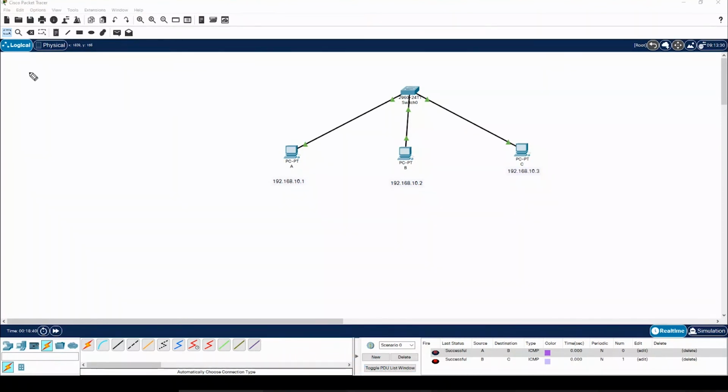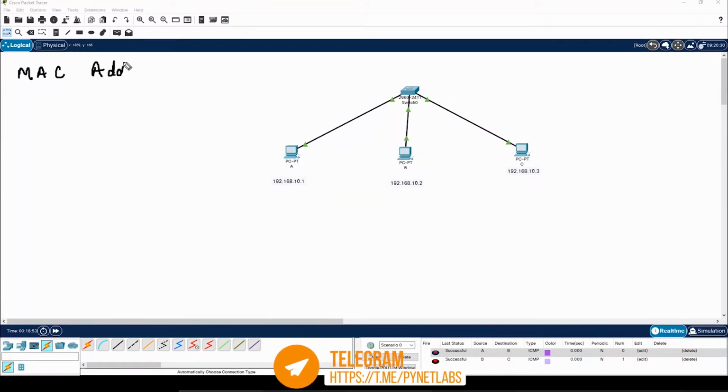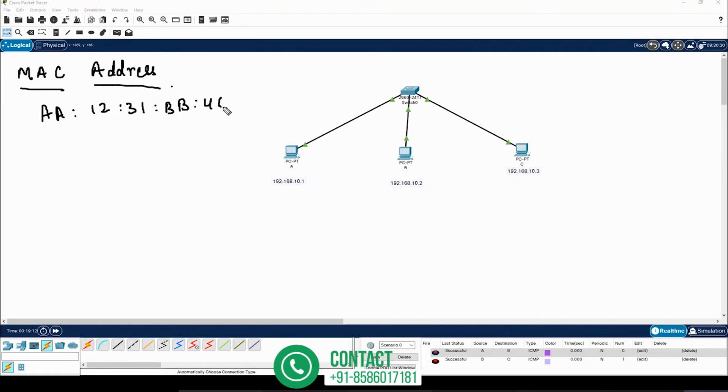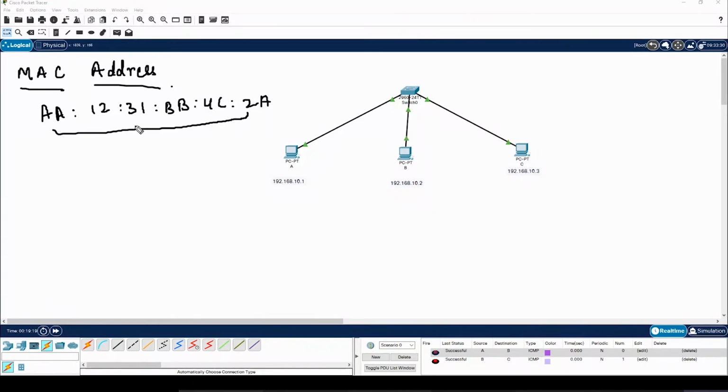So here is a MAC address, and it looks something like this, and this form is known as hexadecimal form.